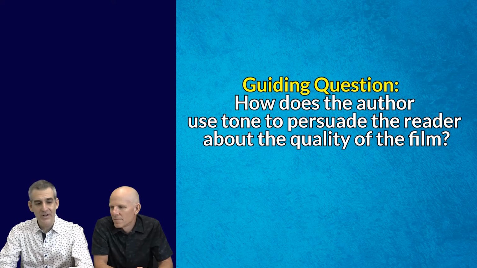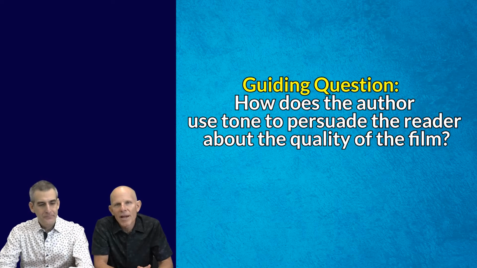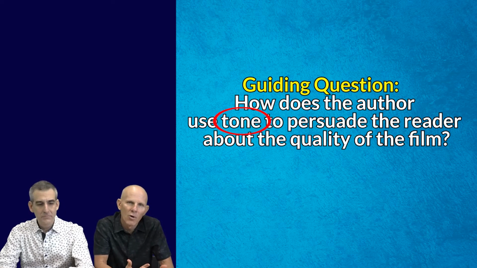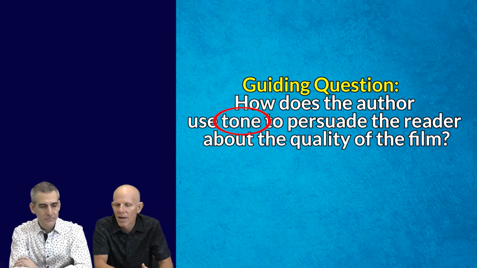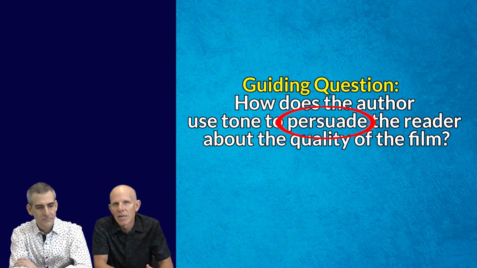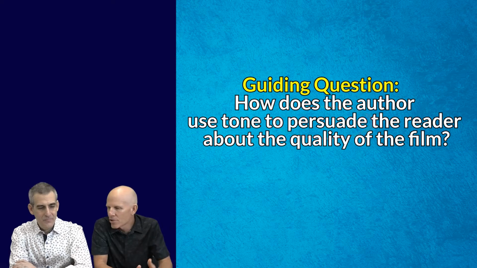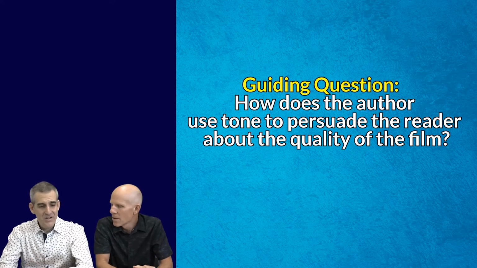Okay, Giles, keywords. What do you got? Yeah, so we're thinking about these guiding questions will give a formal or technical element. In this case, it's tone, and that's going to involve word choice and all kinds of things. But also we're considering it's a persuasive piece, so it's going to persuade the reader about the quality of the film. So we're going to think about all the rich tone words and elements of tone, right? Sounds like a plan, Giles.